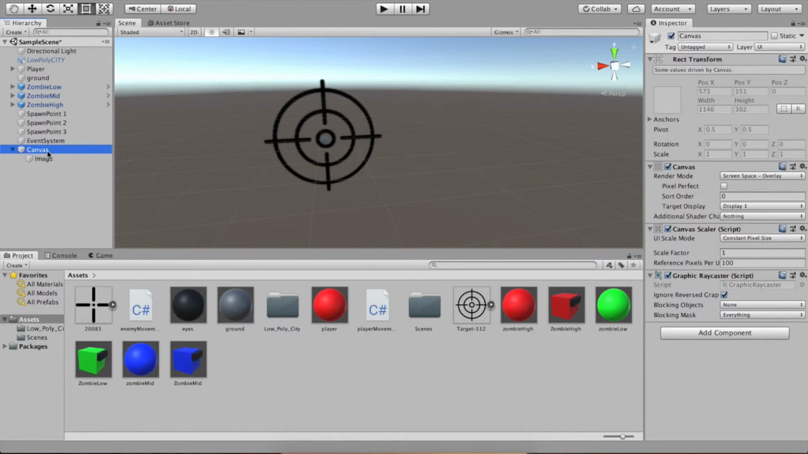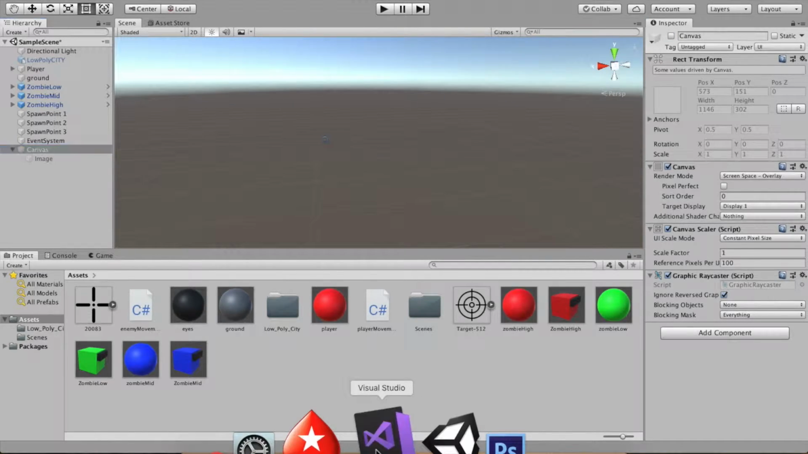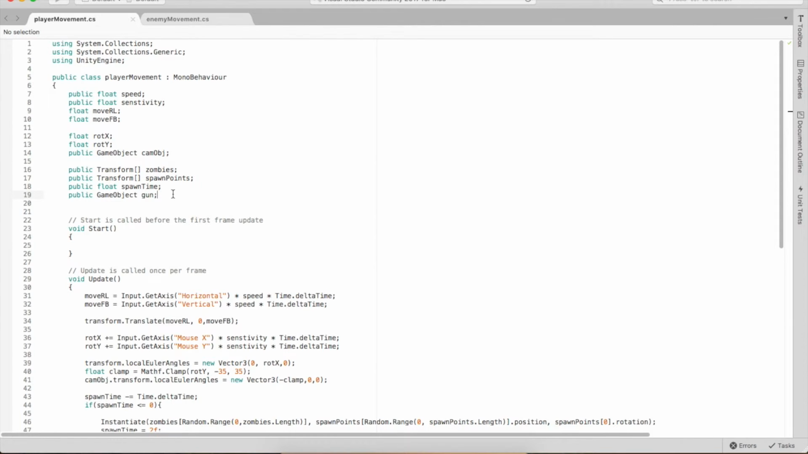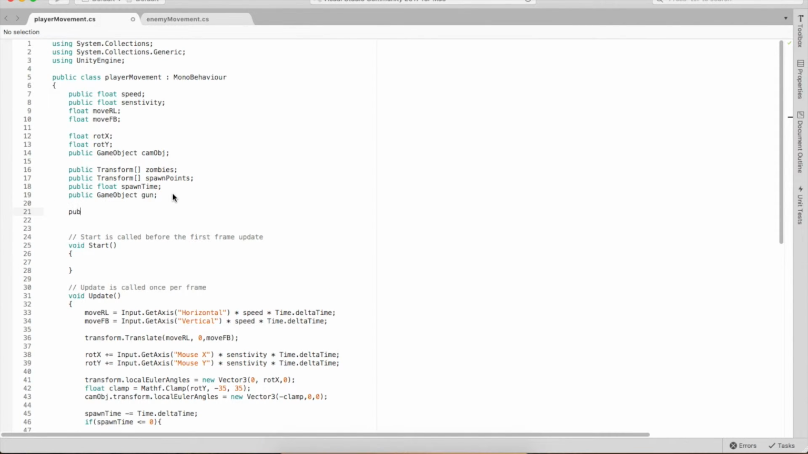So now that we have our crosshair ready, we are going to do the same thing using code. For that we are going to disable our canvas and open our player script, and we are going to create a public Rect and name it position. This will be the position of our crosshair. Position equal to new Rect,